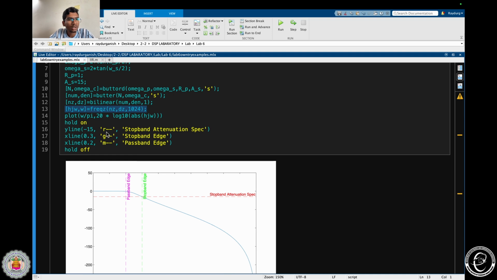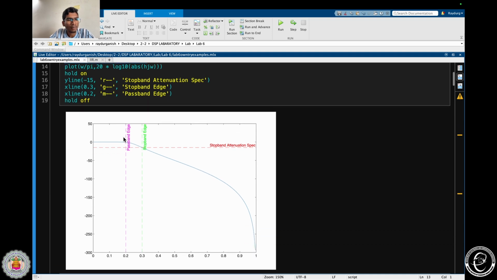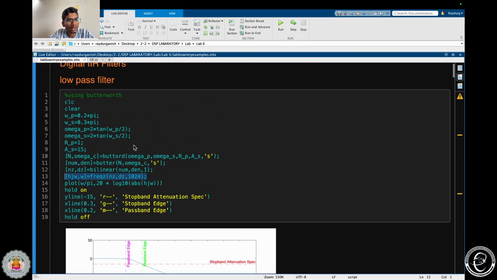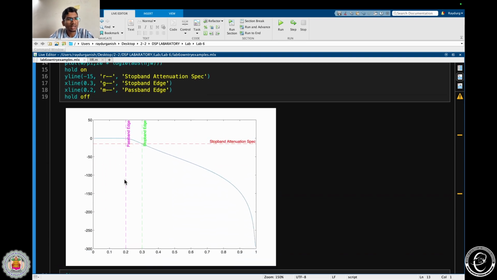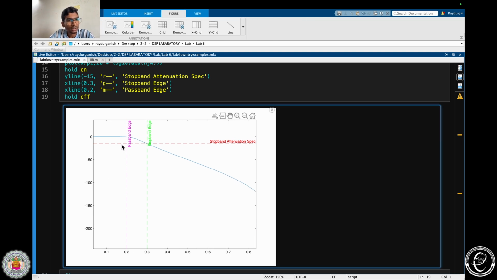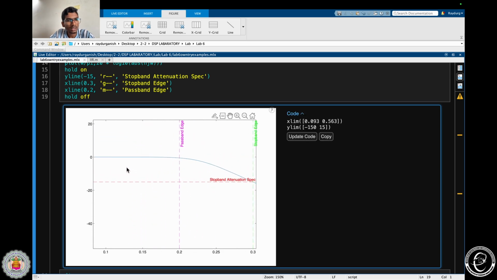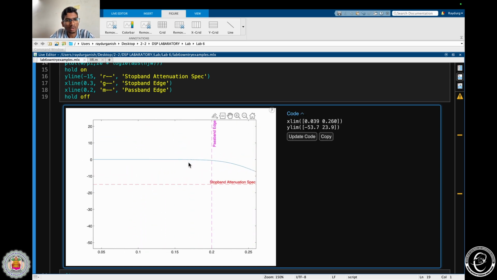And here I have plotted the gain of the filter. So here you can see the passband is around 0.2 pi. Here I have taken the normalized units, so I have 0.2 on the x-axis. So the passband is 0.2. You can see that till the passband the gain is near to 0,